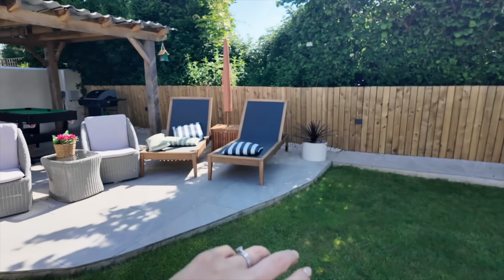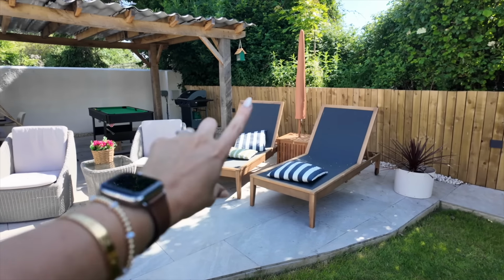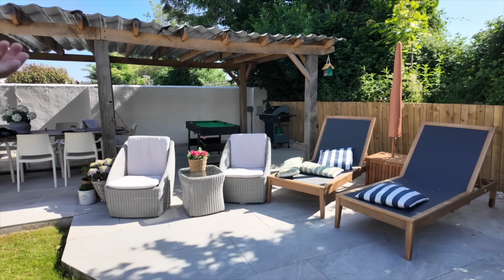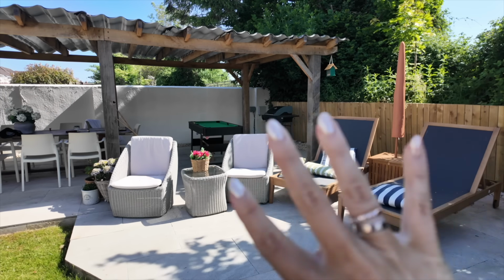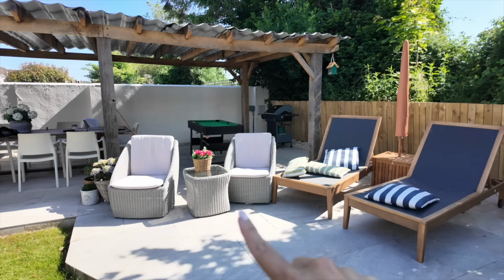What do you reckon, babe? Is that what you were thinking? Mark's thinking to put it here. I was thinking to put it under there, but we're not sure really. I think what we'll do is we'll get it out, then we'll have a little look at the positioning of it and the sizing of it, and then we can kind of readjust, move some furniture around as well, because